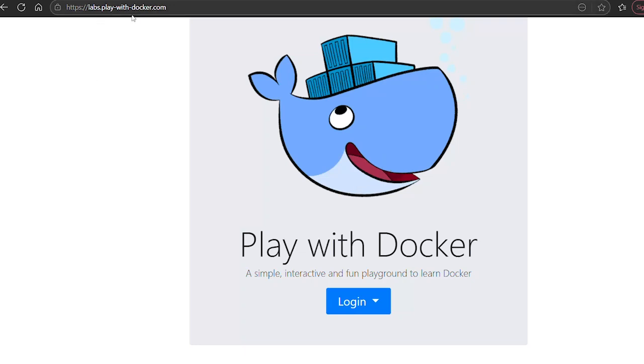Hi all, welcome to this video on how to create a Docker image and container without installing Docker in your